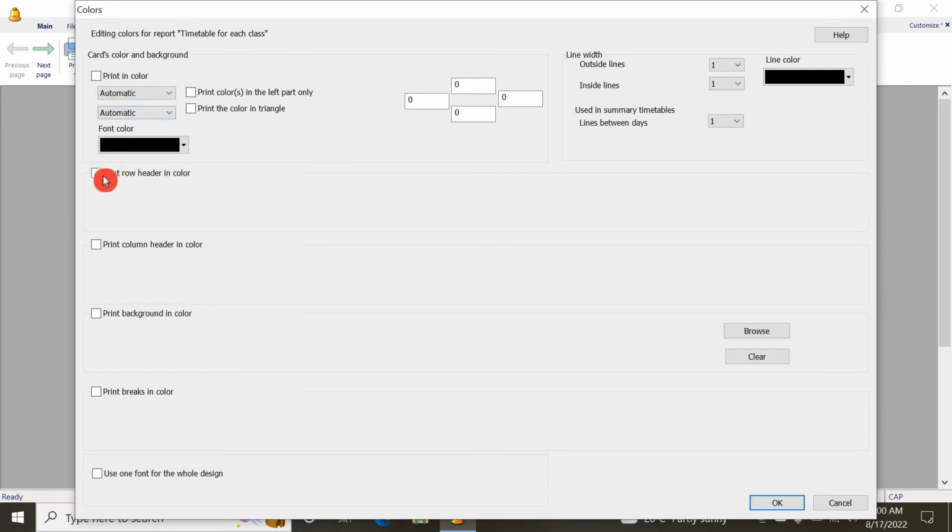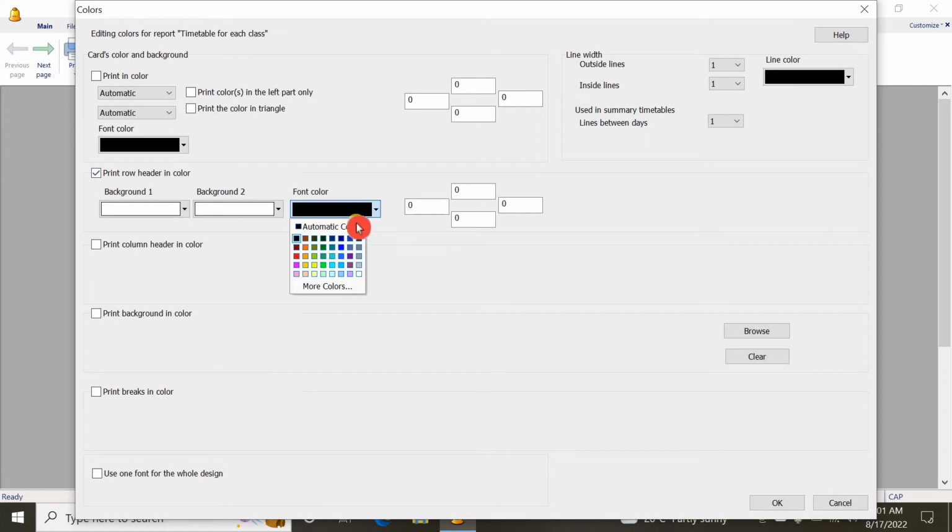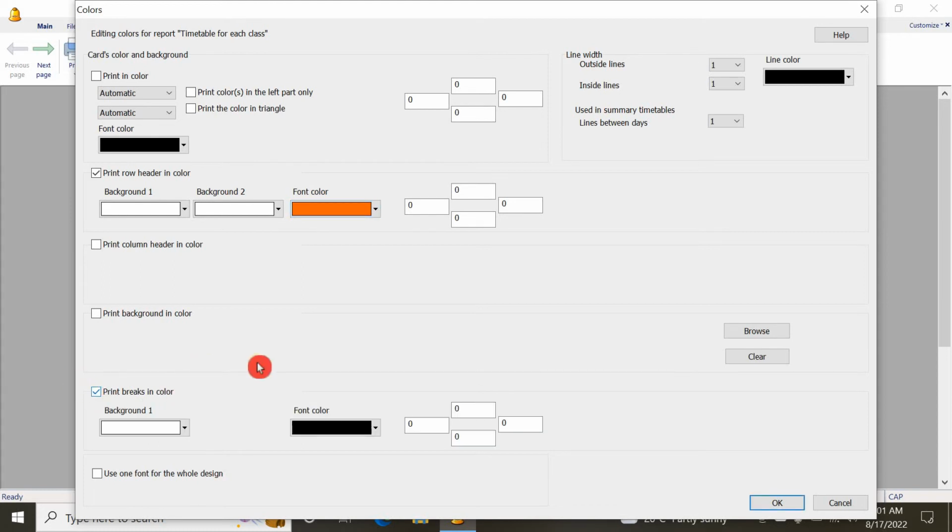Here you just want to paint rows header in color. Once I check here you can customize the color you want. Here you see the color. You can just put dark yellow. You can just put orange. Here you can put orange. You can here change paint column header in color, background, print breaks. In a color, once you click here there is where to customize the font color. You can just make them